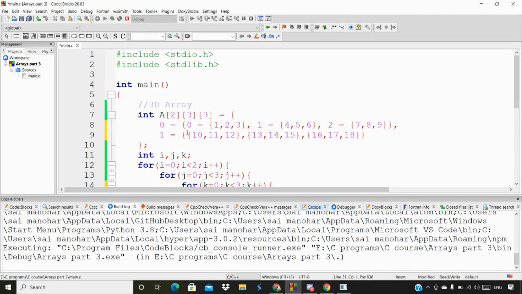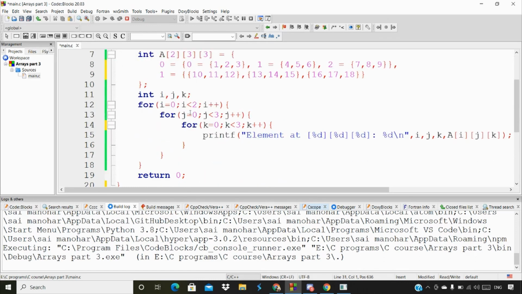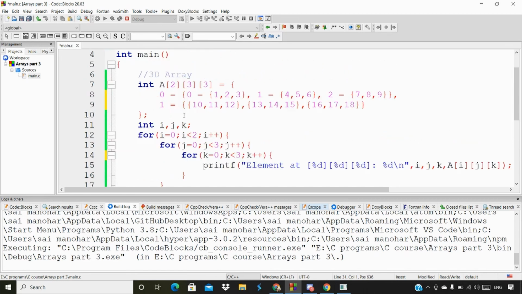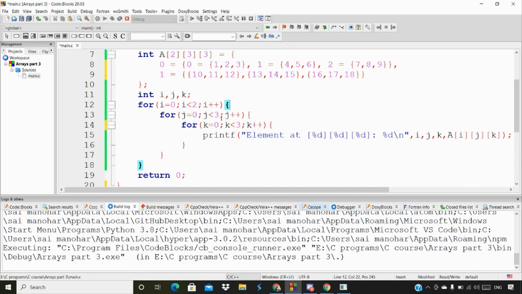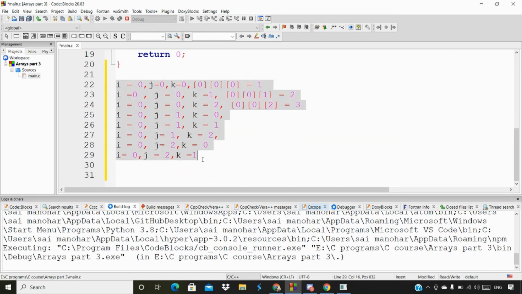So what I want to say to you guys is that even if I explain it right now, maybe it's going to be confusing for you the first time. What I want to ask you to do is take a pen and paper, and write the same three for loops that I have mentioned in this particular code. Just write down these three for loops and do the same thing I have done here, in this mathematical format, like whatever I have shown you in this highlighted code.